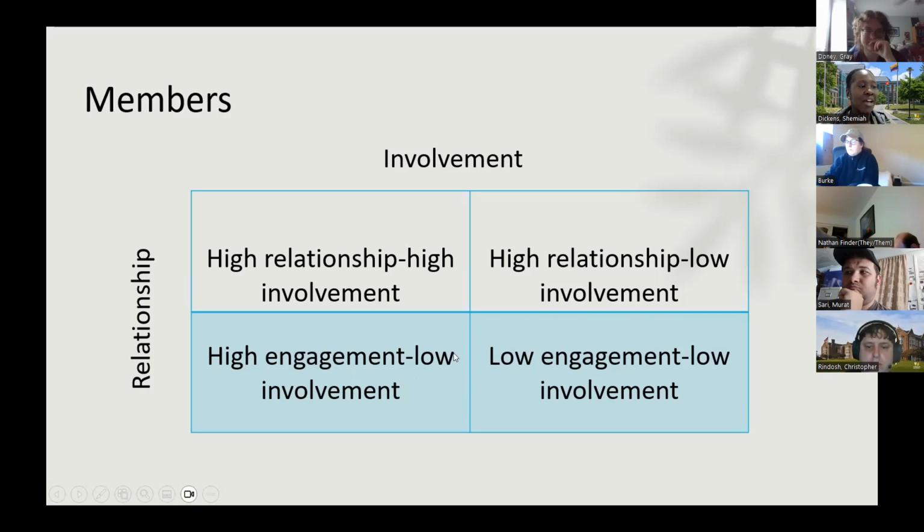this should say high relationship, low involvement. This is a typo, but this should be high relationship, high involvement. And so,